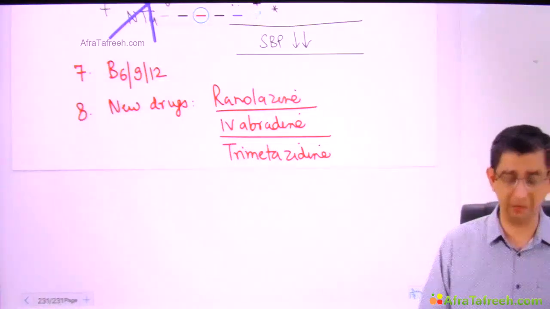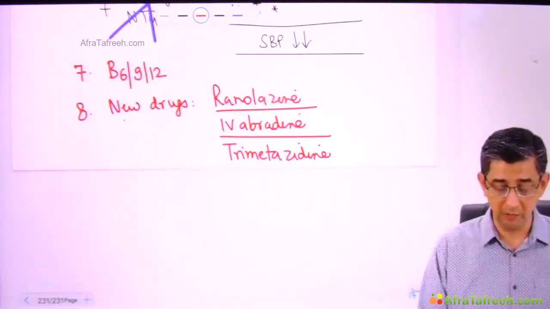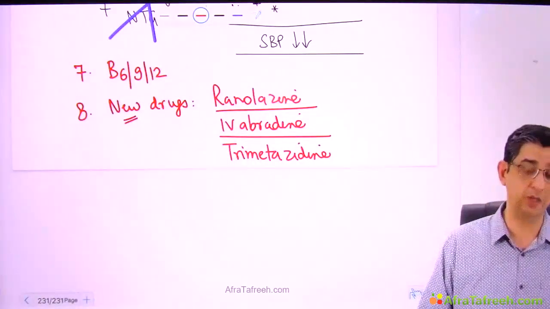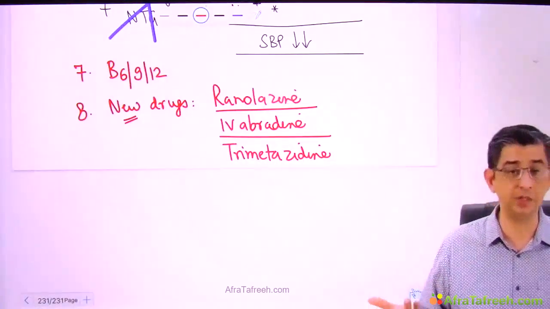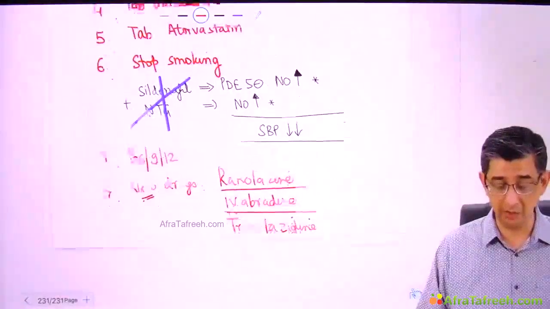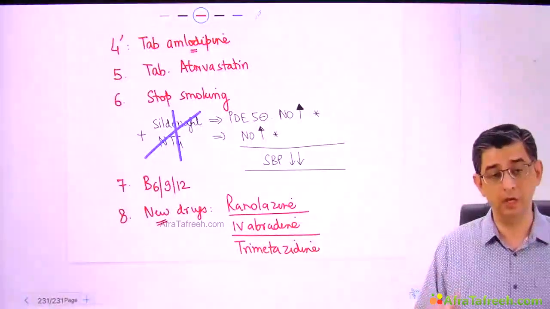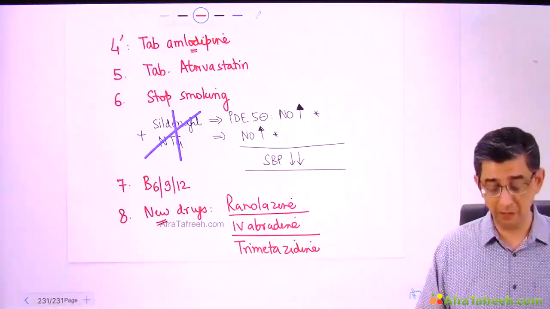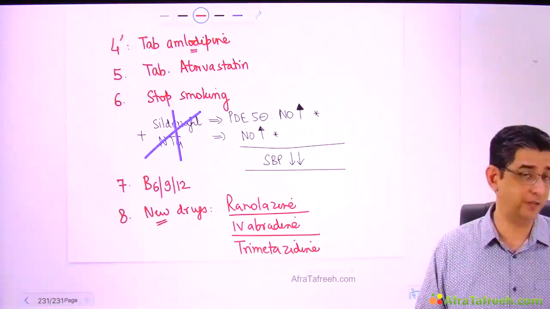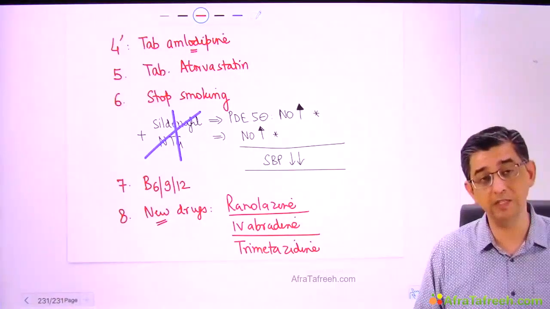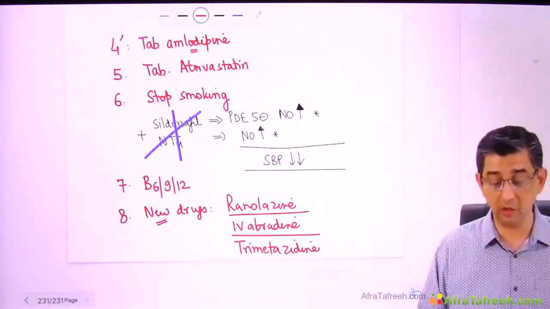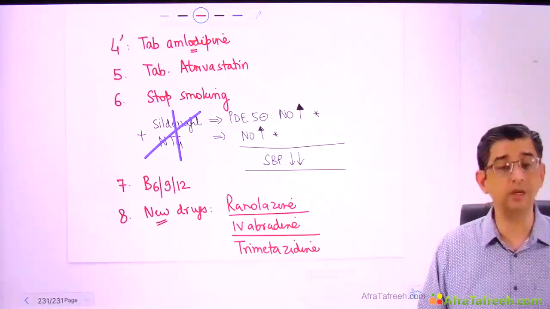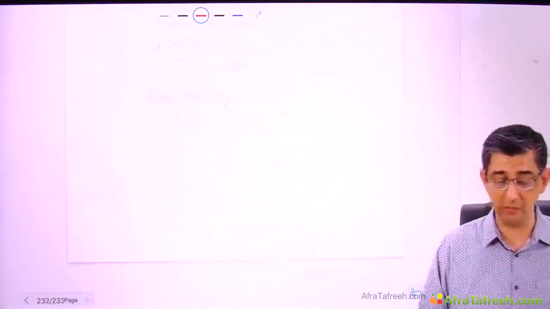Not very new, I would say, but relatively newer ones, which I would like you to study from pharmacology also. Ranolazine, ivabradine, trimetazidine, and they can be introduced serially or subsequently once the person is not responding to the initial therapy. We go all out with the drugs initially for management. Straight away, we will not advise stenting. Straight away, we will not be advising the patient to undergo any kind of a procedure like coronary artery bypass grafting. It is medical therapy that would be recommended for the person at the moment.